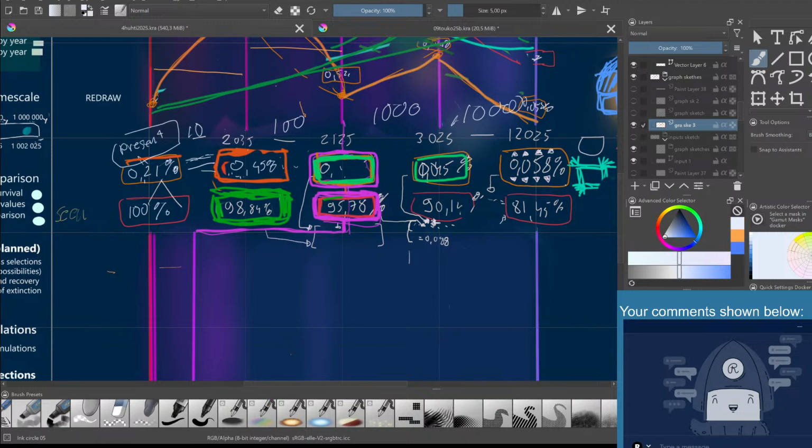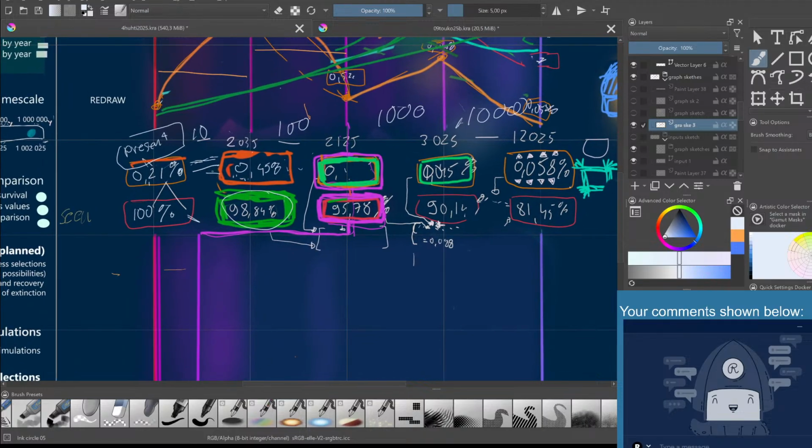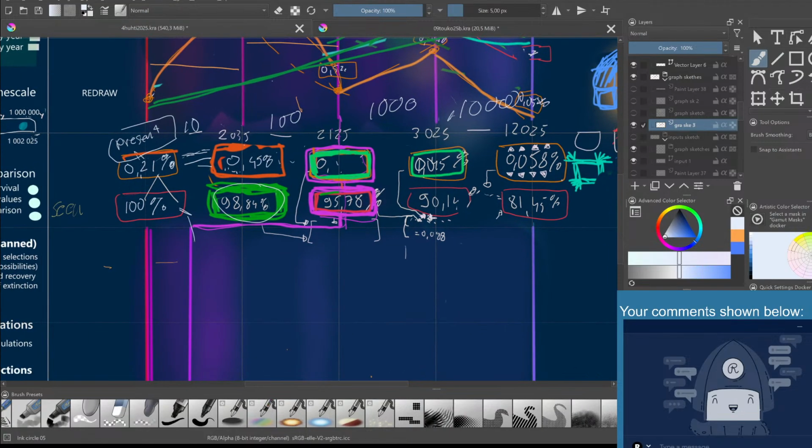But I could have, because this value here is a result of this value and the probabilities for destruction between those years. If I have a 10-year interval here, it's going to be 100%, or let's go with just 1, multiplied by 1 minus this probability here, so 0.0021, to the power of 10. I think that's